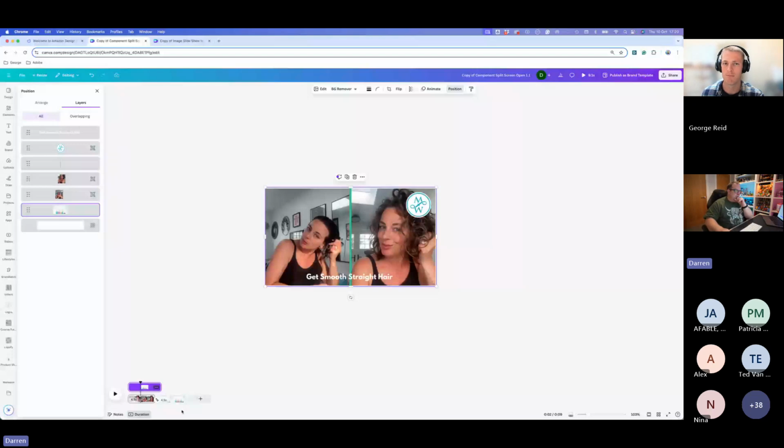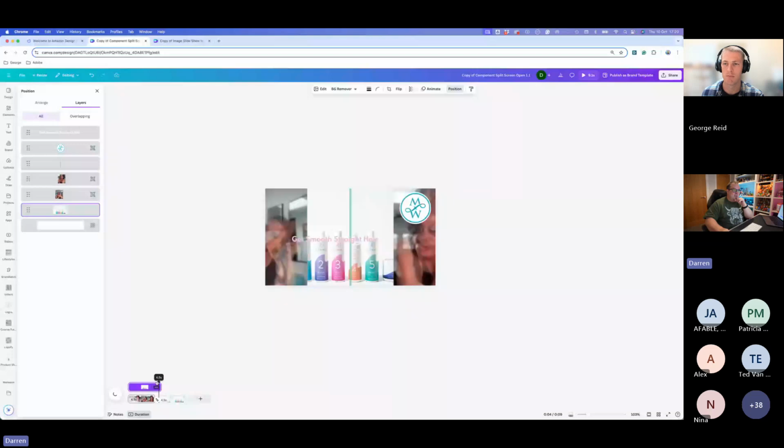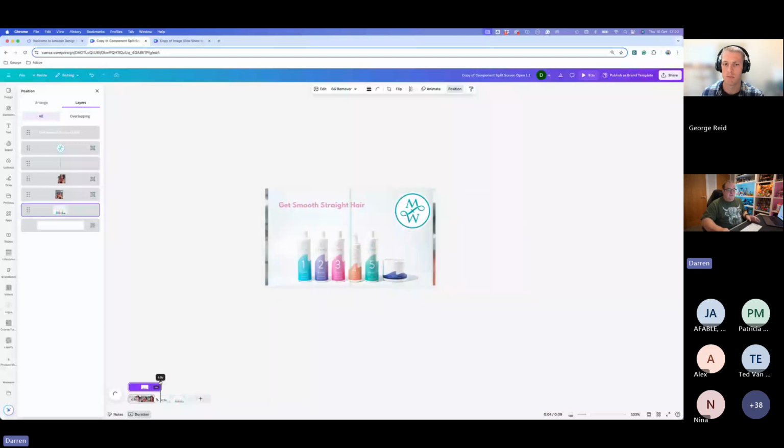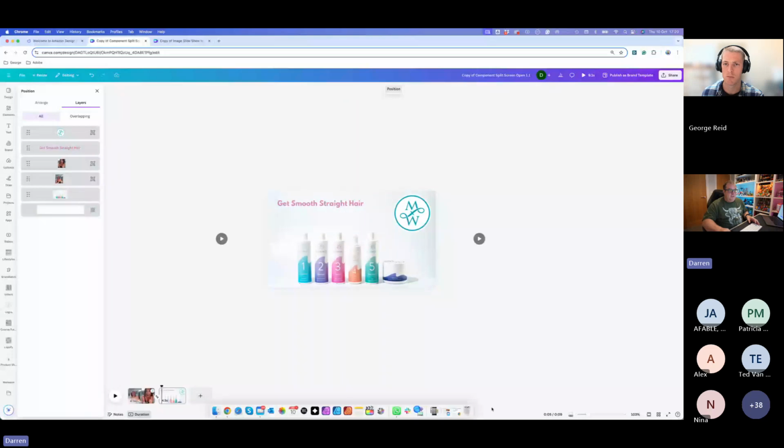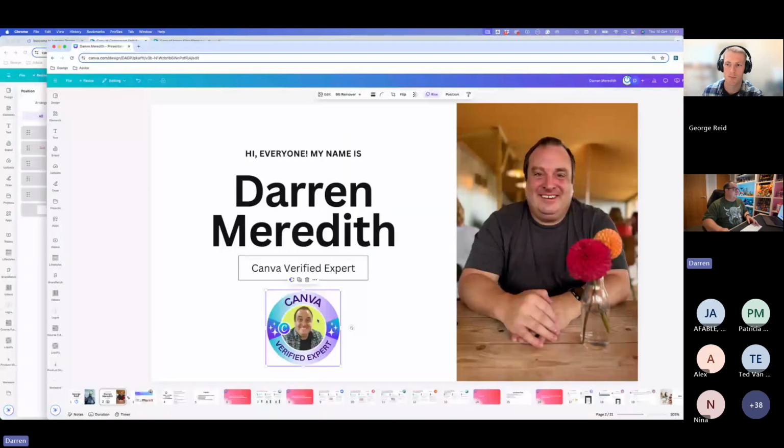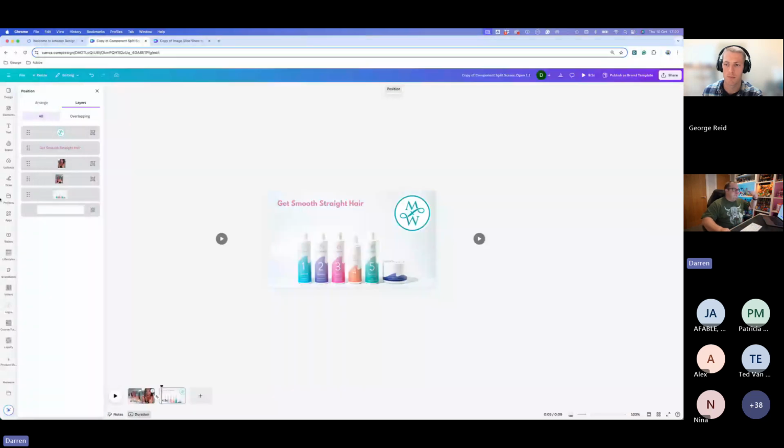Now, I'm hoping that all makes perfect sense for you, because we can also then have a look at the logo. So if I just come back to the presentation and grab my logo, I'm just copying this over from here. You can click on your project and pick it up from your assets, but I'm just going to pick it up from another page. Okay, so we're going to click paste on there. So we've got this Canva verified expert.